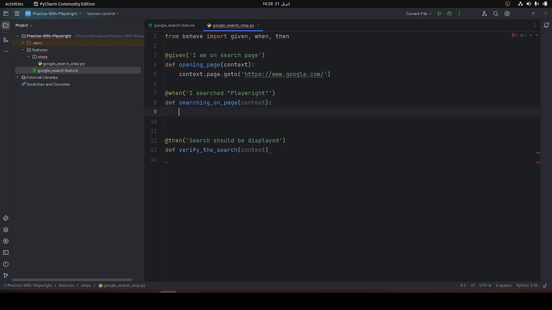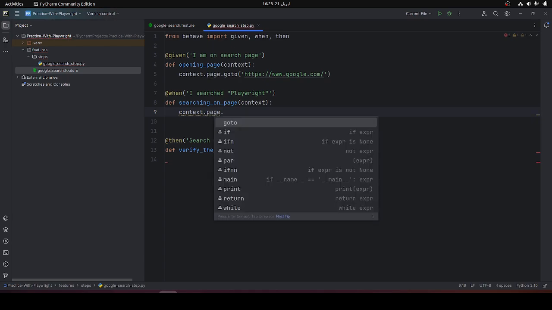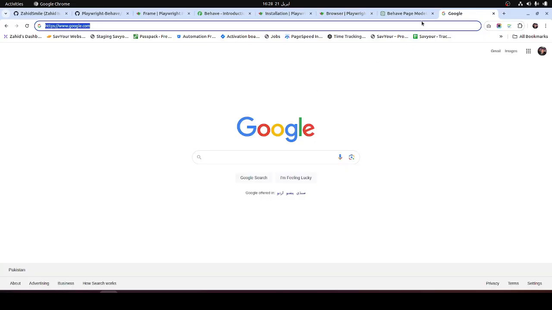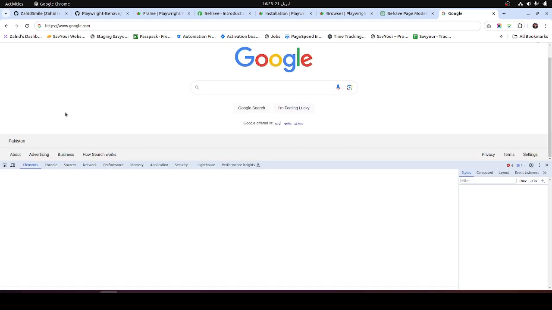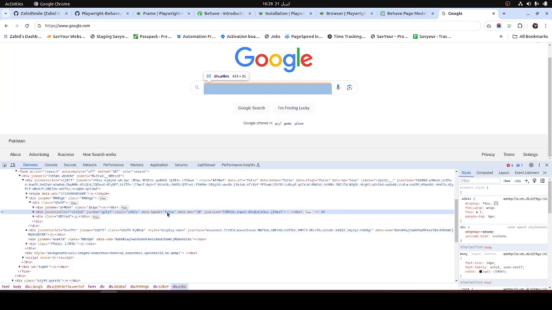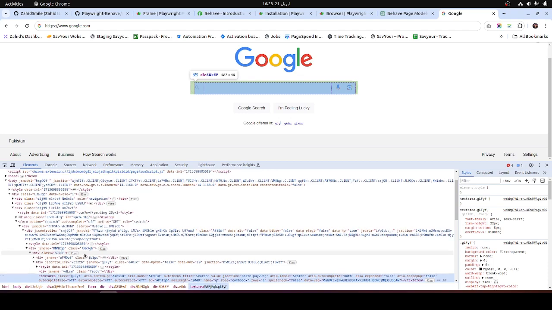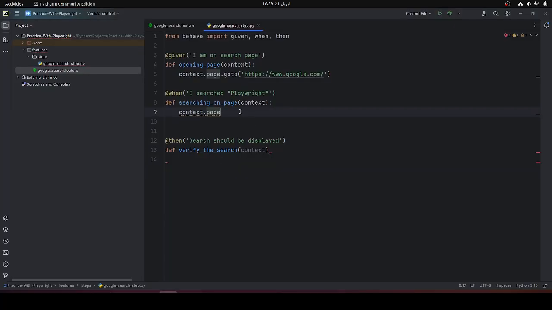And if we talk about the search, we will verify page.goto. Now I'm using the inspect element or I'm working on ID. Page dot